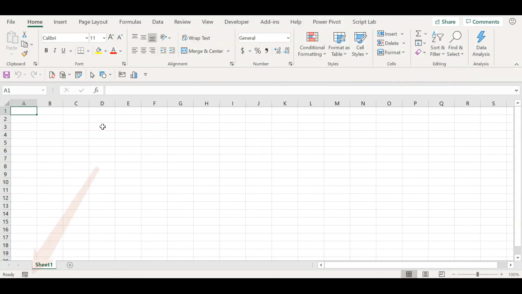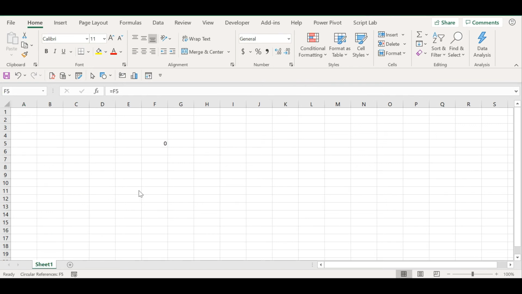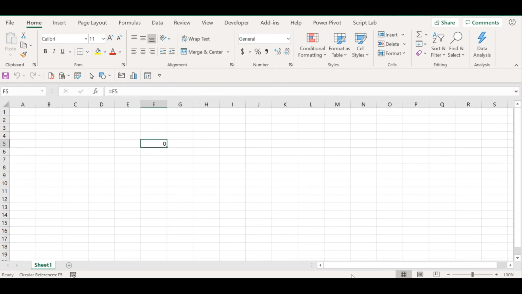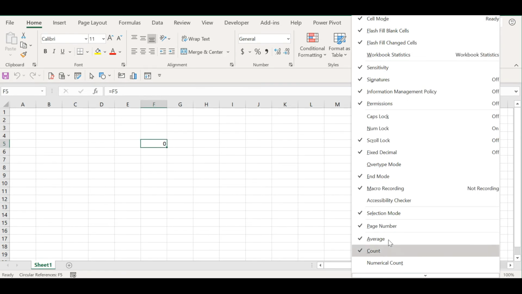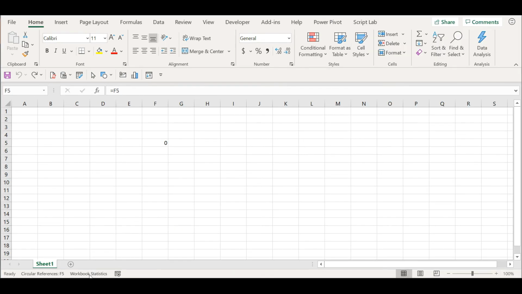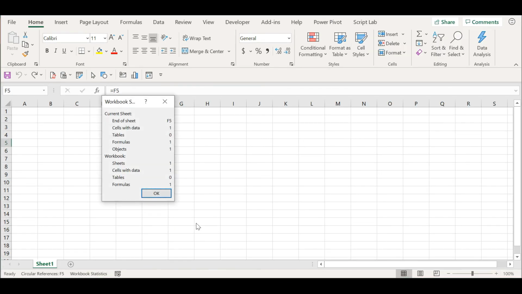At the end of the sheet is the fourth component called status bar, where Excel shows all the messages that it wants to show. For example, if there is a circular reference anywhere in the sheet, Excel warns you by showing circular reference in the status bar. If you right-click the status bar, you can also customize it to show any specific information from the list it shows. Right-click the status bar and select Workbook Statistics. Excel adds a new button on the status bar. Click this button to see statistics about your workbook.